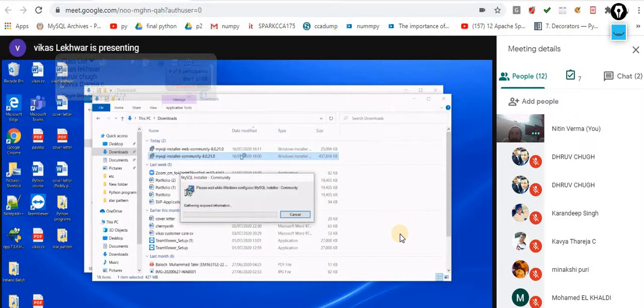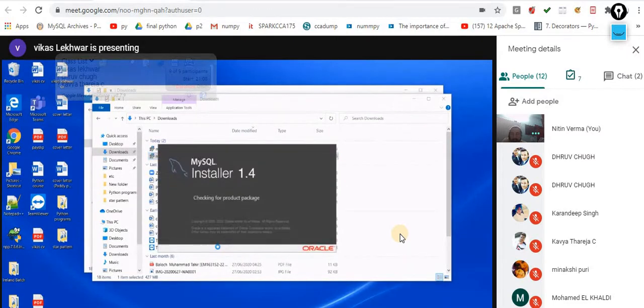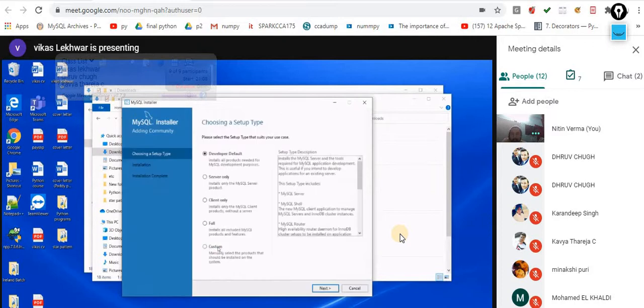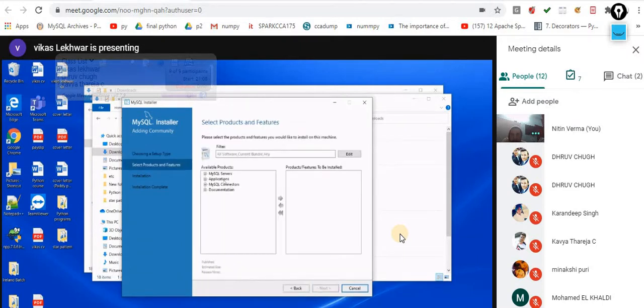Okay, now go to custom. Next. Okay, and select MySQL server. Yes, and put it. Yes. Next.